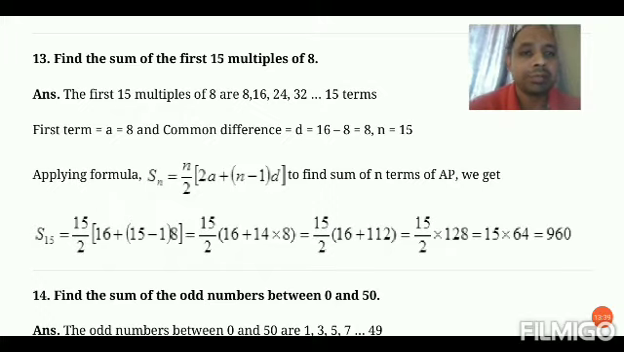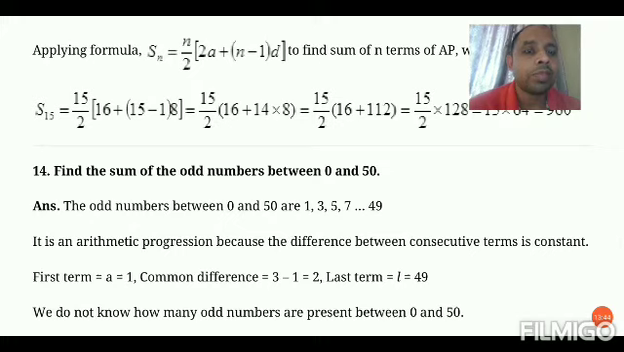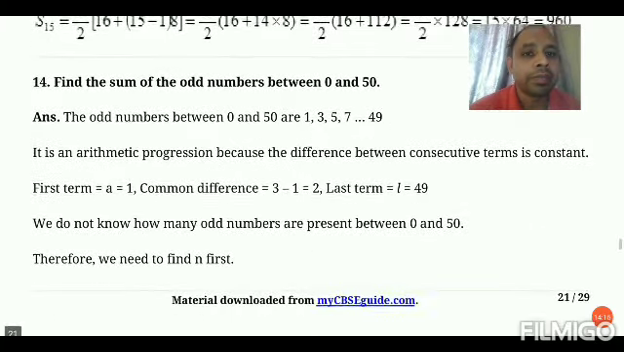Question number 14 then. Find the sum of odd numbers from 0 to 50. The odd numbers from 0 to 50 will be 1, 3, 5, 7 up to 49. We have to find the addition of this. So how many numbers are there? You have to count the odd numbers from 0 to 50. And you can use the second formula here, Sn equals n by 2 in the bracket a plus l. Here the first term is 1 and the last term is 49, and the total odd numbers from 1 to 49 will be, I think,